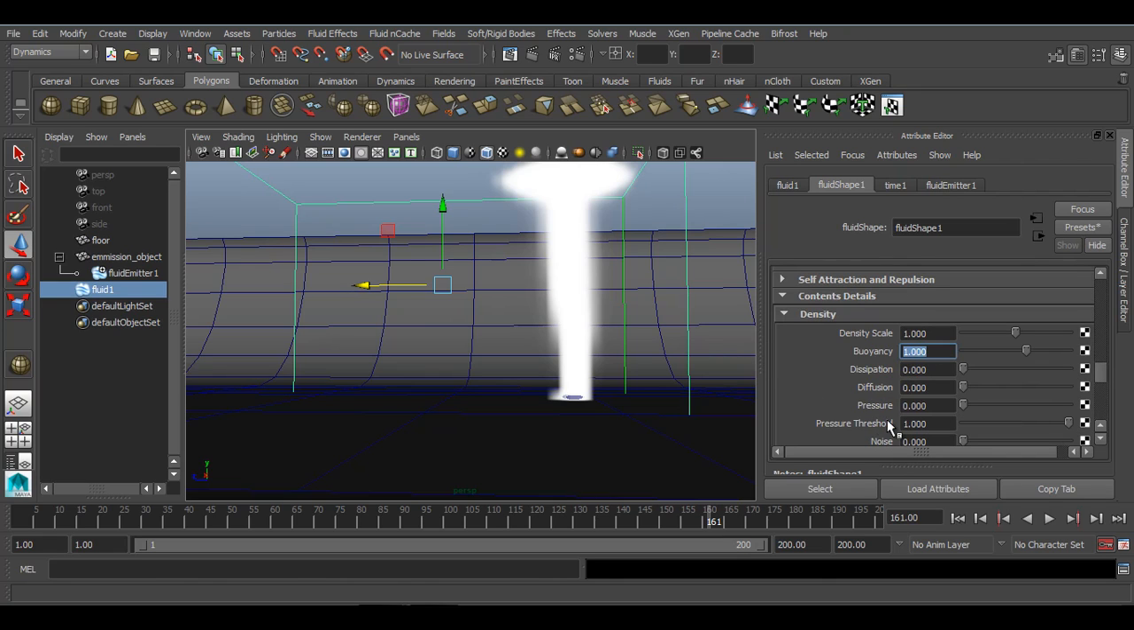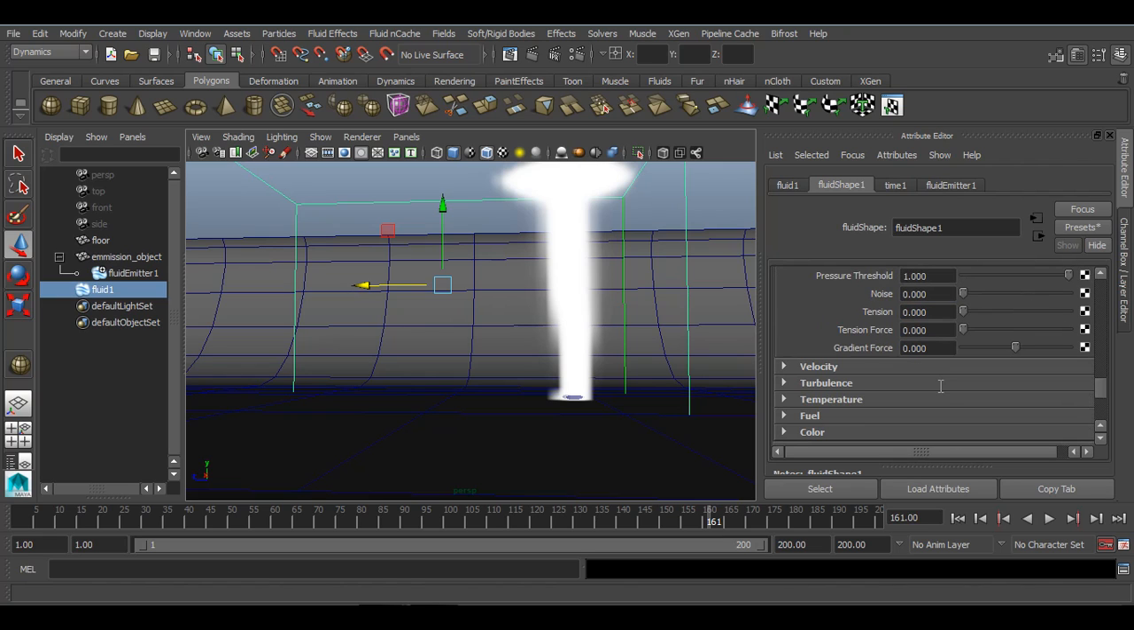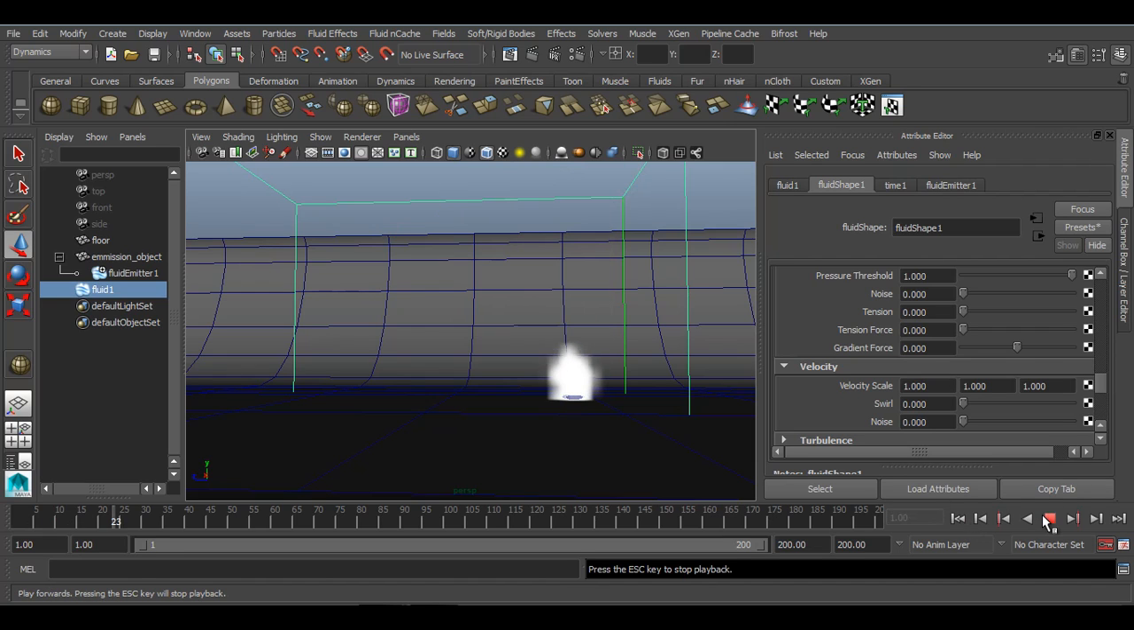I need not to work with the buoyancy, as I don't want to make it look light in weight. Dissipation and diffusion we will work after creating an effect according to our requirement. The next thing is about velocity. Now the fluid emission is not so random, or it's not having any kind of swirl or anything in